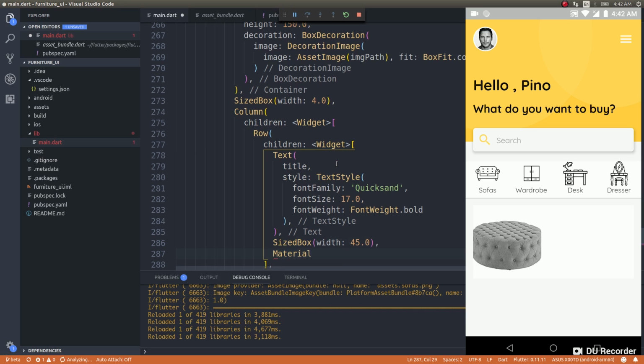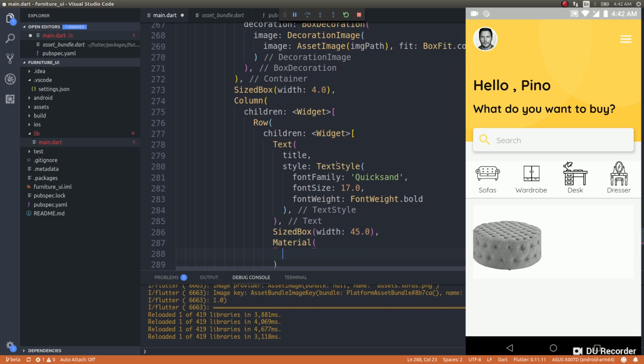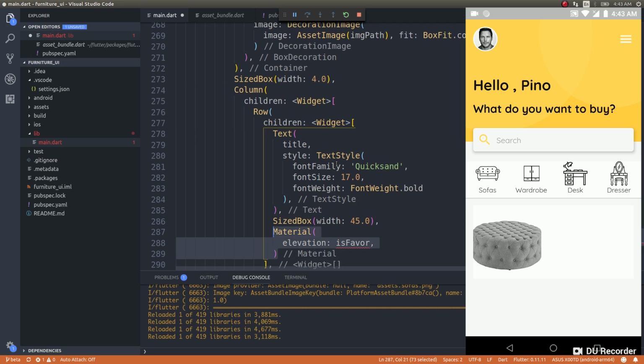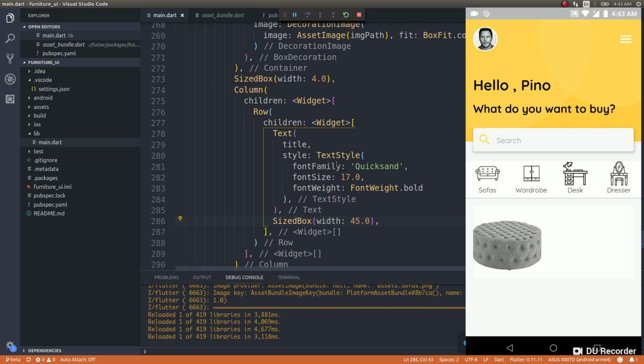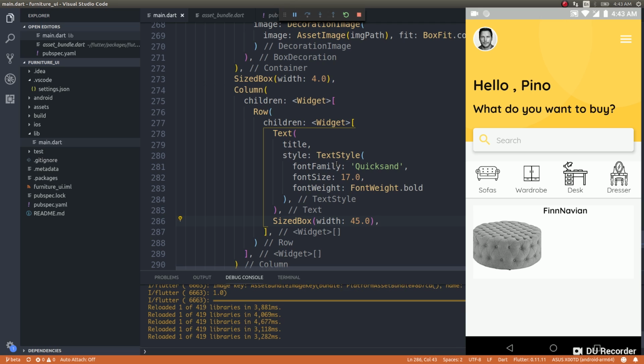material, would be elevation, is favorite. You understand what I have? Probably. Wait, I'll show you. Every time if I show that on the screen, you guys will get. Now I have brought in the title. That's it. Nothing fancy. Just watch what happens. See, you can see the title on the top, right? So now that I have done that, the next thing I'll do is